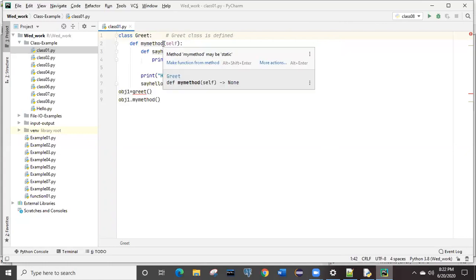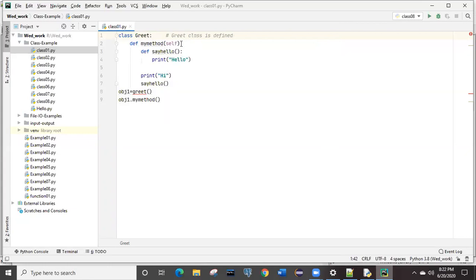Now inside that, if you come down, it is showing def my method, and this my method is nothing but one of the methods. You can give any kind of method name, but always try to give a meaningful method name. Suppose you can see line number 3, it is for saying hello, so I have given say hello. If I give the def keyword and write calculate name, that time also it will work, right? But what is our intention? Our logic is to say hello to someone, not to calculate the sum. So always try to give meaningful names to your methods and classes.